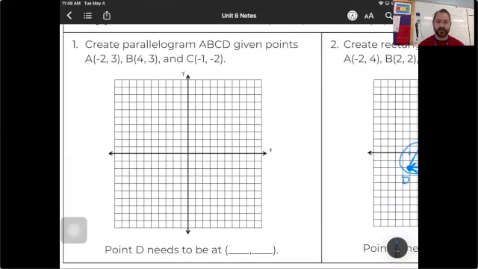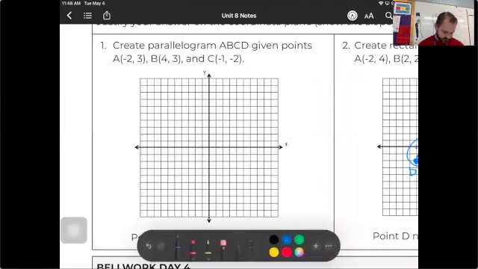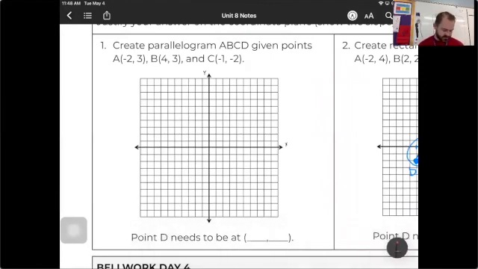We'll finish out our last example here, and we'll try that. We're going to plot the original points first. A is at -2, 3. There's A. B is at 4, 3. A little bit different points this time. There's B. And C is at -1, -2. There. This time, this is supposed to be a parallelogram, so don't expect to see 4 right angles here. So I'm going to connect sides A, B, and then B, C. That means D is going to also have to be somewhere over here. I don't know exactly where yet,